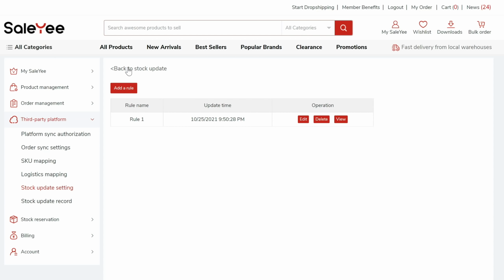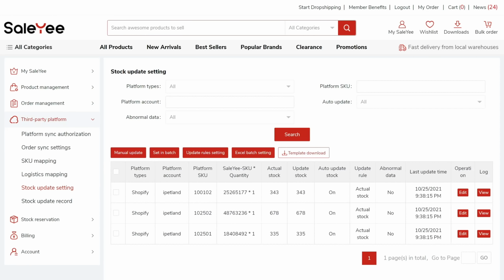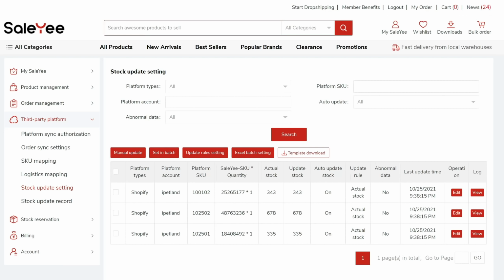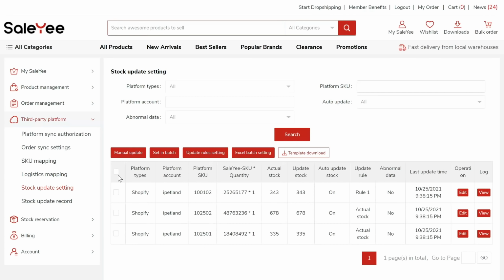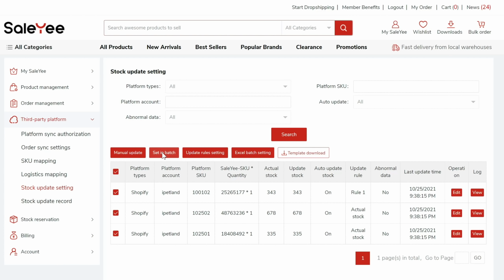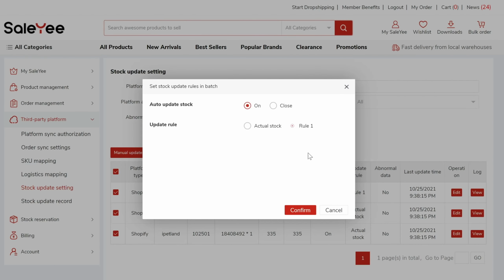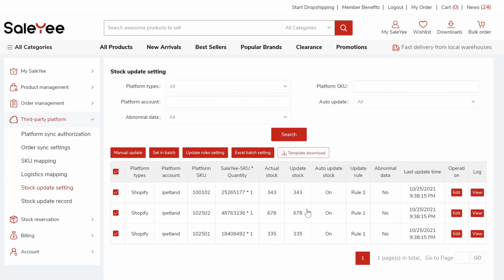Then, return to the page to enable Auto Update and choose the Update rule. You can do so by clicking Edit or Set in Batch. You can always check the Stock Update record here.